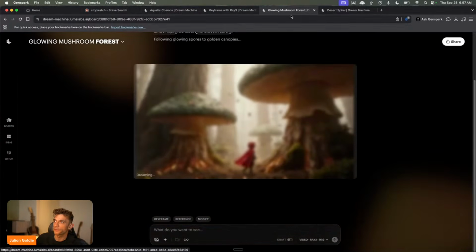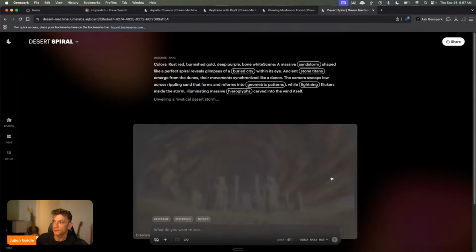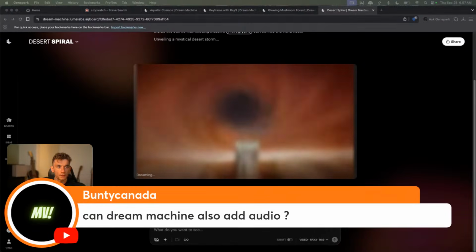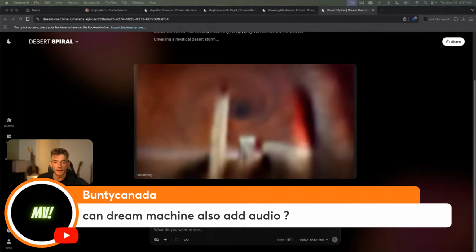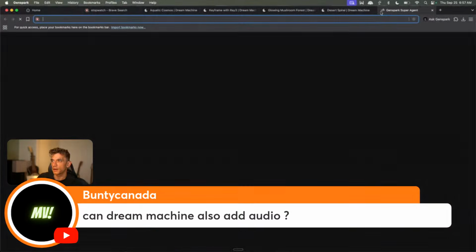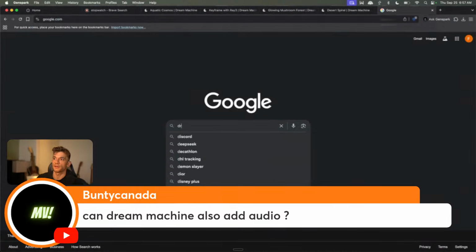That's pretty cool. This one's looking cool too. Bunty says, can Dream Machine also add audio? Not as far as I know, but let's have a look here.